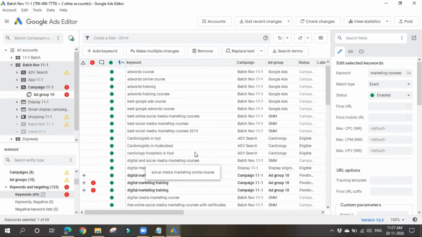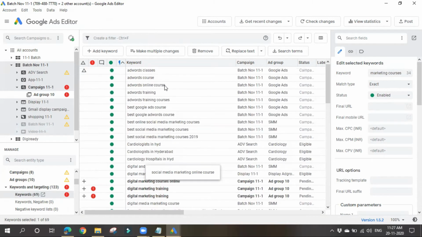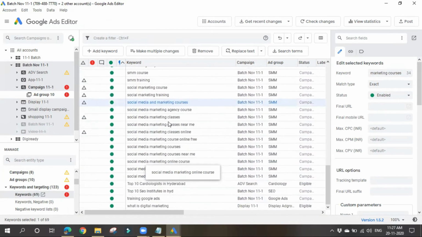Okay, so guys, tell me one thing. See, there are this many keywords. There might be duplicate keywords or not. Duplicate keywords means the same keywords, right? If there is a bulk number of keywords, like thousands of keywords at an account level, we can't check each and every keyword. We might have made a mistake of adding the same keyword again. So no need to have same keywords.